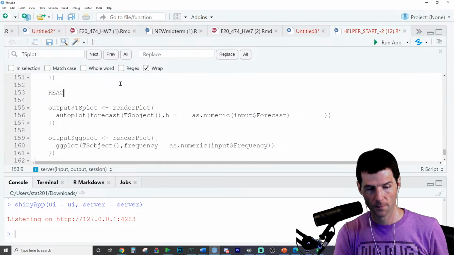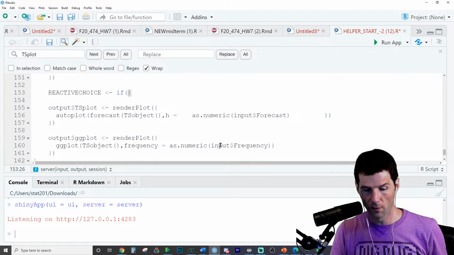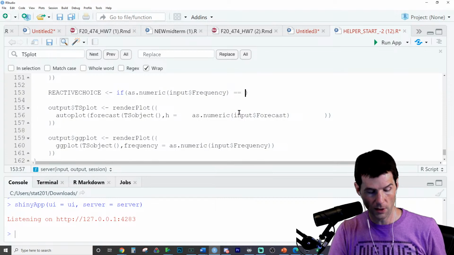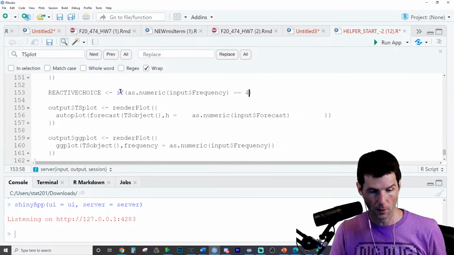Reactive choice. Okay, if the frequency, as numeric, equals 4. Oh, we need to go reactive around this.